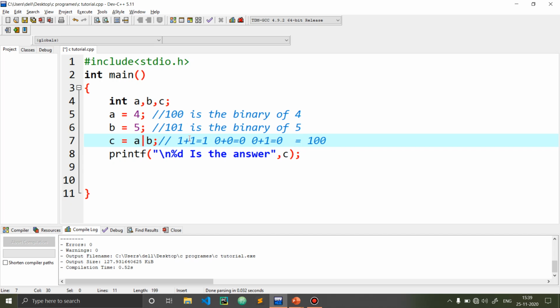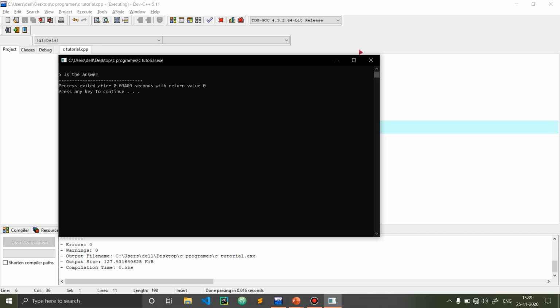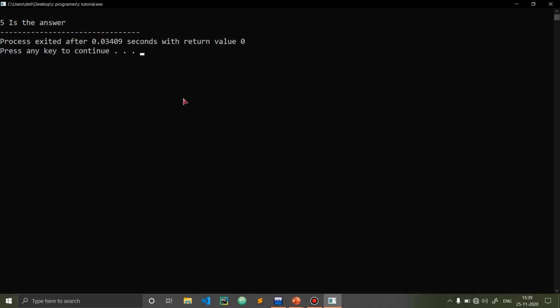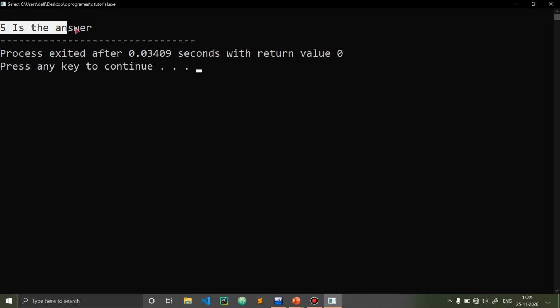The answer will not change totally, but it will change somewhere, because 1 plus 1 is 1 in binary, 0 plus 0 is 0, and 0 plus 1 is 1. So the answer should be 101, and as we know, 101 is 5 in the decimal number system. So let us check, and you can see the answer has changed to 5.